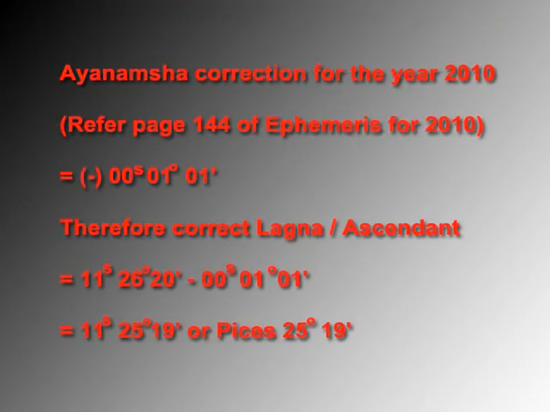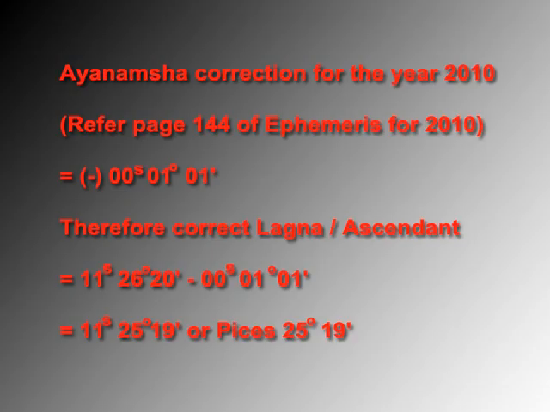Now we have to do the Ayanamsha correction for the year 2010. Refer to page 144 of the ephemeris for 2010. It is 1 degree and 1 minute. So subtract from 11 signs past 26 degrees 20 minutes, minus 1 degree and 1 minute. Now the position of the ascendant comes